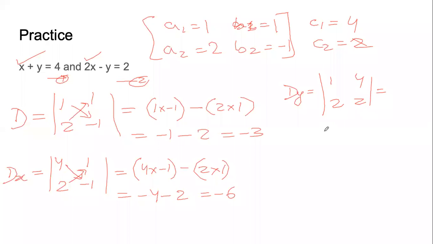Here you have given me 3 different answers. I've seen 6, I've seen minus 6, and I've seen 10 also. So let us see what is correct. First we will multiply 1 and 2, 1 into 2. Then we will do the subtraction, 2 into 4. So this is 2 minus 2 into 4, which is 8. 2 minus 8 is minus 6. So both dx and dy have the same value, minus 6, whereas d is minus 3.